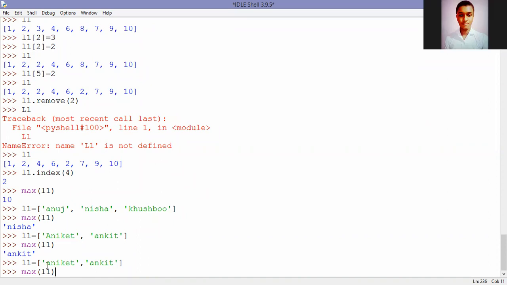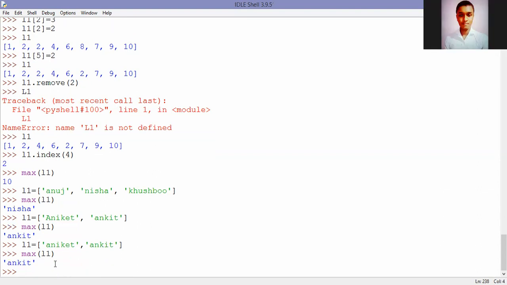See, sir, first it will check the first character, the same. It will skip that. Second, it will check that, the same. It will skip that. In the third there is a difference: I versus K. So K has the highest ASCII value, so Ankit will be printed. Okay.